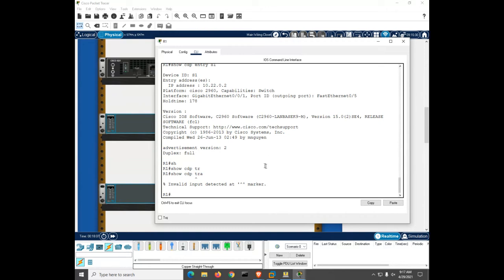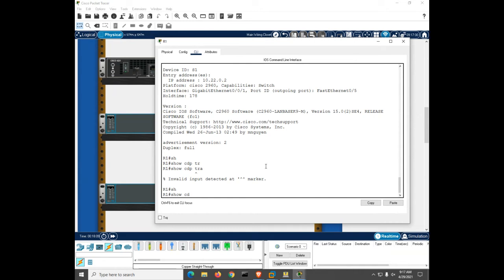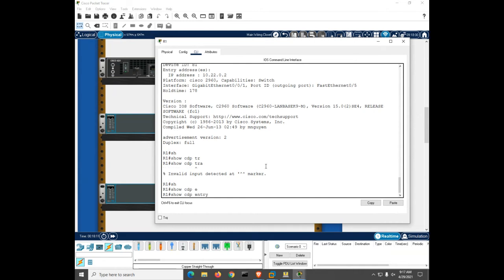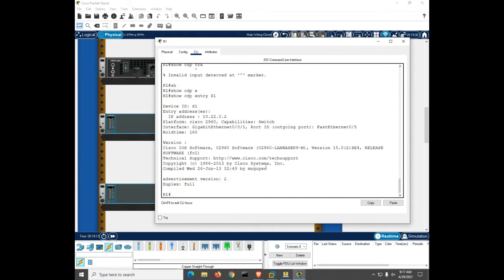So this is what we see on R1. We see this command, show CDP entry. I think that's why they told us to do it there, is they wanted to see its IP address. If I had actually followed his instructions and I had configured the IP address yet, it would not show that address yet. So when you're working in the field and you use Cisco Discovery Protocol and you find your neighbor